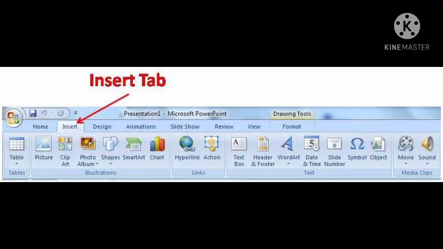Using command buttons of this tab, you can insert tables, pictures, movies, sound, shapes, clip arts, decorative text, header, footer, symbols, etc. These buttons are organized in 7 groups: tables, images, illustrations, links, text, symbols and media.